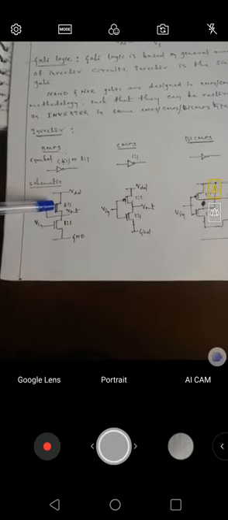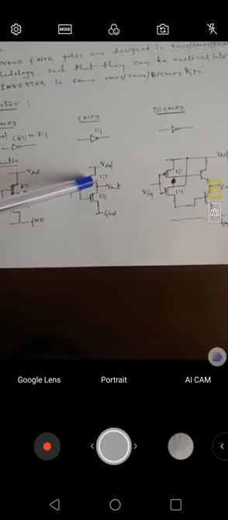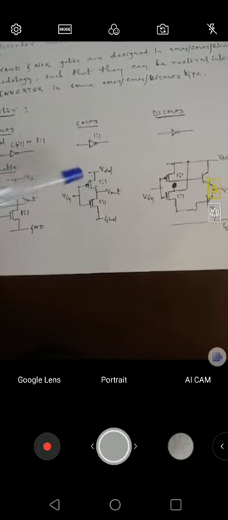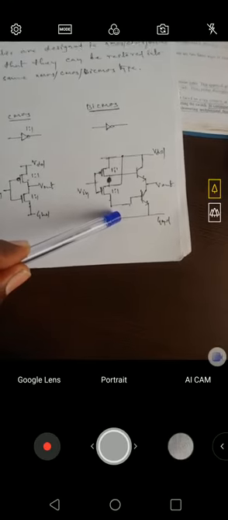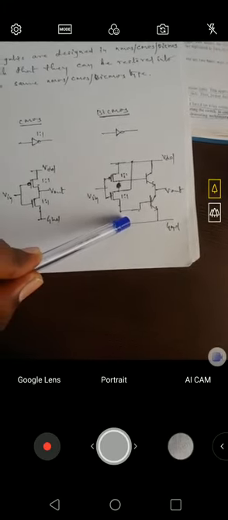This is the example. This is the schematic for the NMOS design of the inverter. This is a depletion mode NMOS transistor. In this, the gate is connected to the output. The pull down is an NMOS transistor. Here, CMOS, complementary metal oxide semiconductor, is made up of both PMOS and NMOS. This is the structure, and this is the BiCMOS design structure of the inverter.